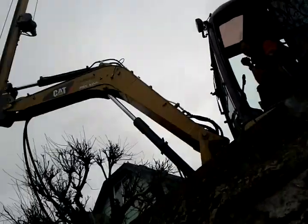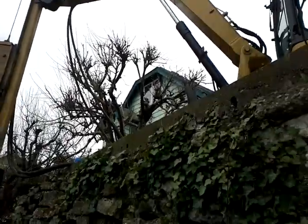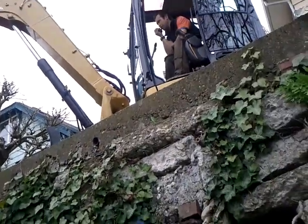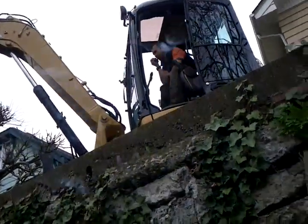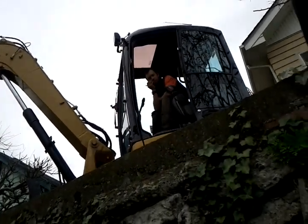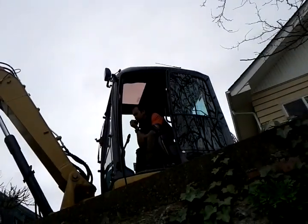And in order to save the customer money, I just said, look, let me just push on it a little bit with the machine and see if it goes down versus setting up a whole test. We were right on the money. Pushing on it just a little bit with the machine, it sunk down like 2 inches. So I'm talking to Jason out here in North Brunswick, the engineer, but we're thinking that maybe